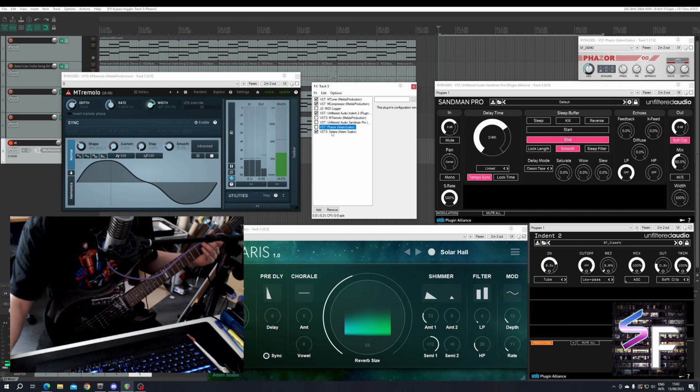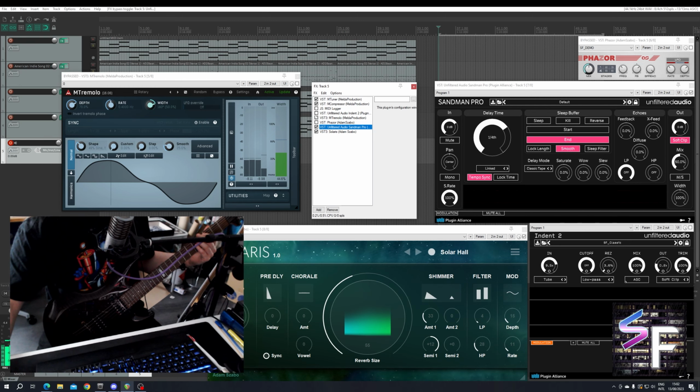Let's talk a little bit about reverb and delay, which are in the traditional order always stacked in the order where you take your delay and then you take your reverb. And that's to kind of wash out the delay sound. The advantage here being that if you put the delay first, you will get a bit more of a crispy delay before it gets washed out by the reverb. So